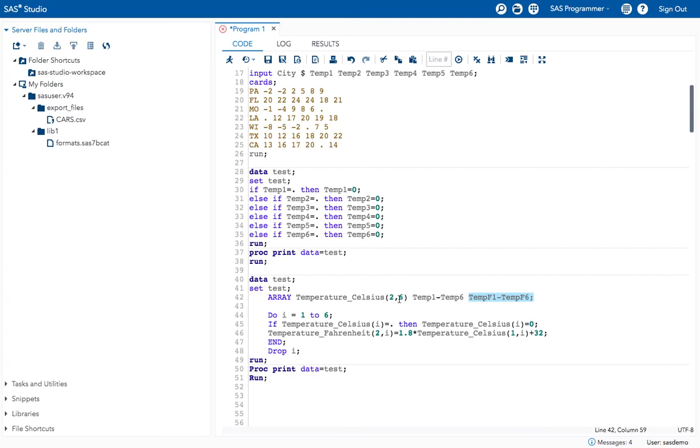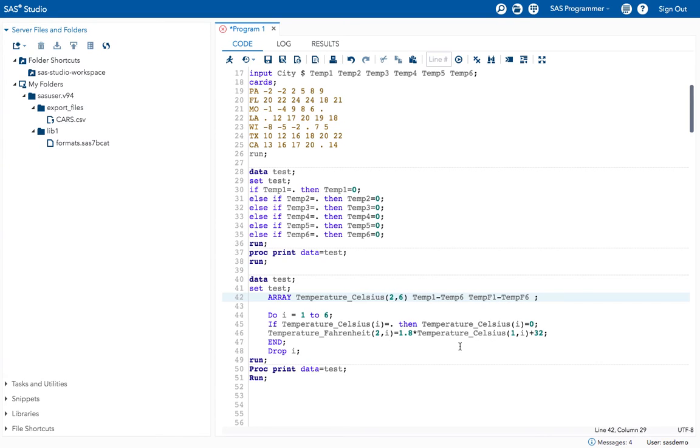If you have three-dimensional programming, give 3 here. If you have 12 variable names and you want to create three dimensions, just give 3 here and 12 here, and give 4 variable names in each dimension. Like that you can do it for multiple